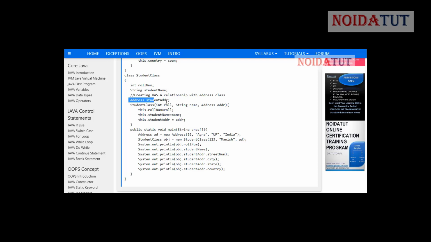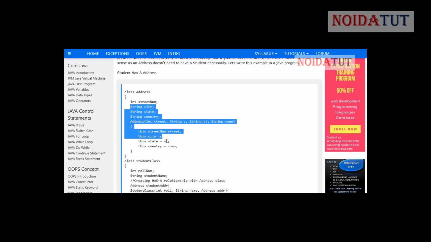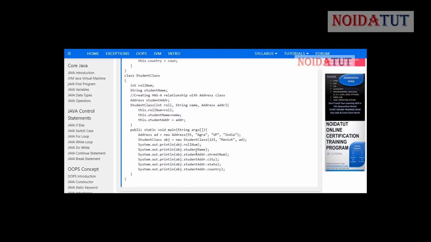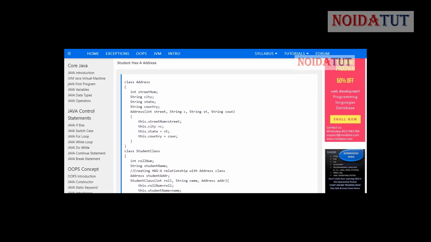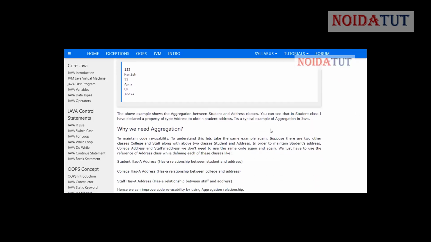Now when we talk about this part, what is this part? This part is referring to this class. Now this class is referring to all these variables which we have. So from here it is coming street name. Now you can see that another street name, another string variable, we take from here.